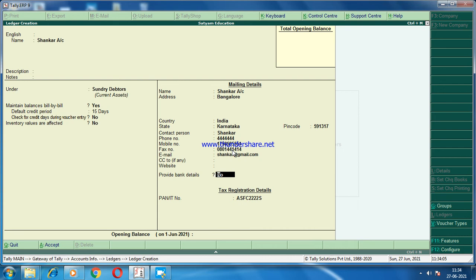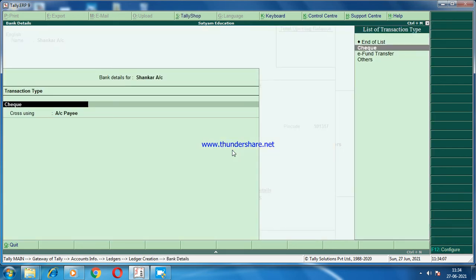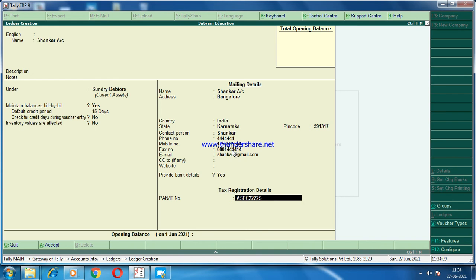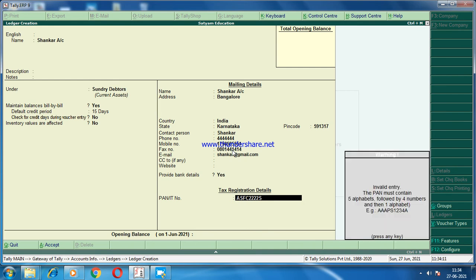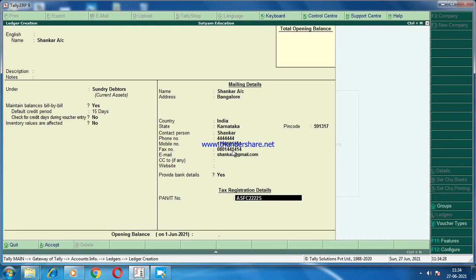As I showed earlier, set it as yes, and here enter the type of transactions. Here I have entered the PAN, which must contain 5 alphabets. For example, I have shown it, so it is showing the error, isn't it? So I will change the PAN number.